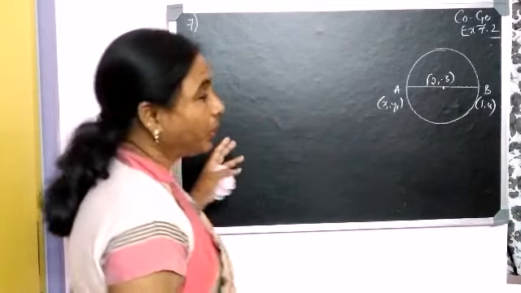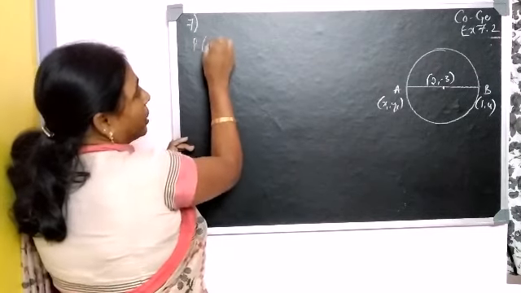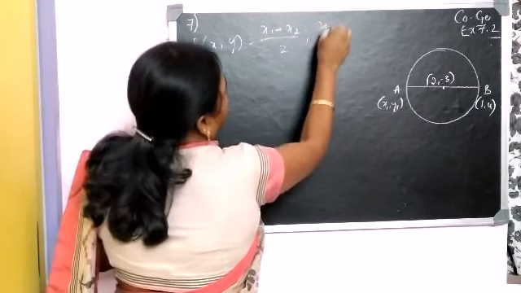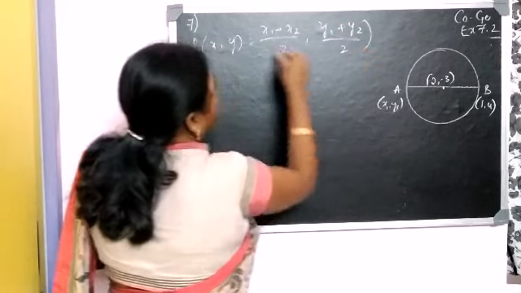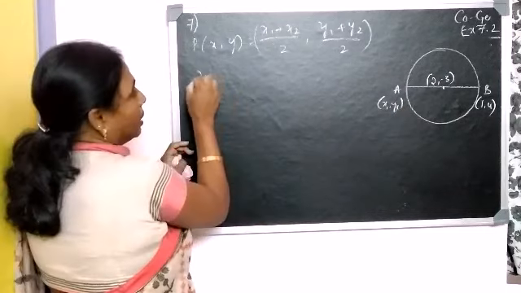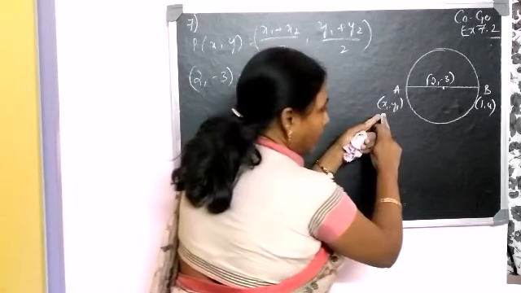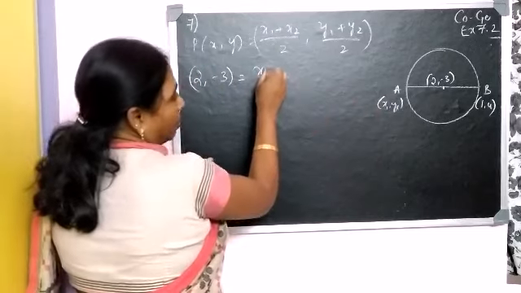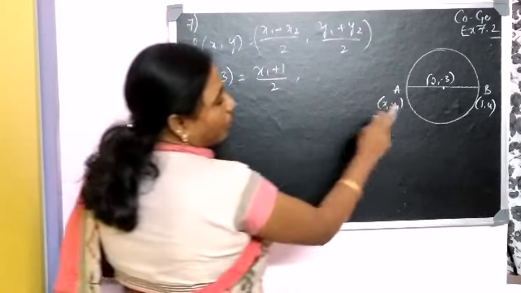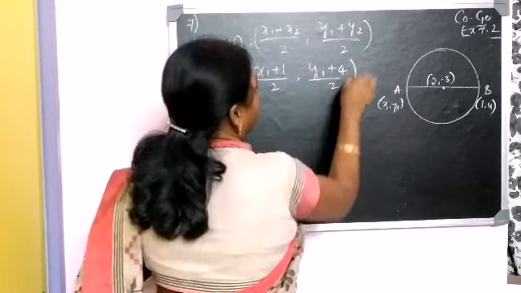Let us use the midpoint formula. P of xy, you know how to find it out. If it is the midpoint, then it is x1 plus x2 by 2 and y1 plus y2 by 2. Isn't it? So let us use this, as it is the midpoint. What is the midpoint? 2, minus 3. Therefore 2, minus 3 is equal to x1 plus x2, x1 we don't know, and x2 is 1, divided by 2. y1 also is unknown, y2 is 4, by 2.